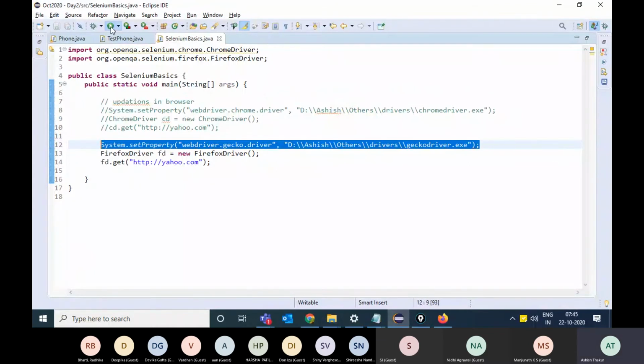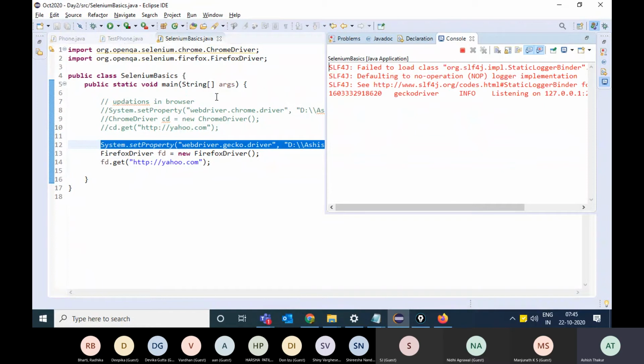So when you run this code now, you will see that a blank Firefox will open and it will take you to Yahoo.